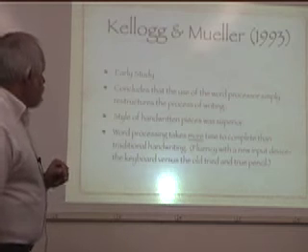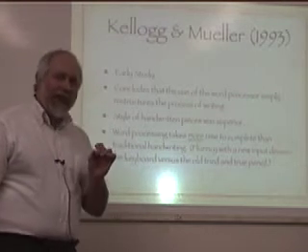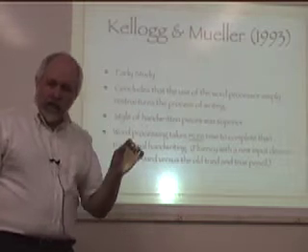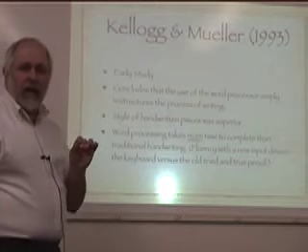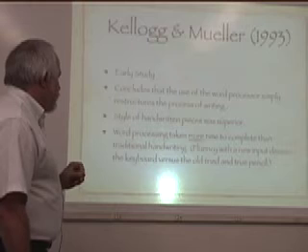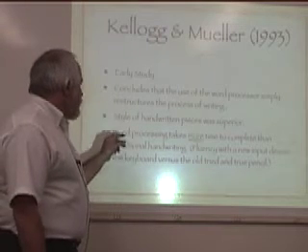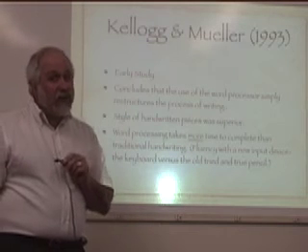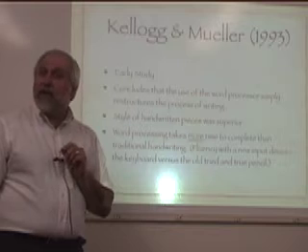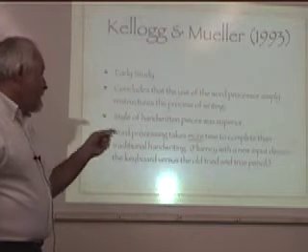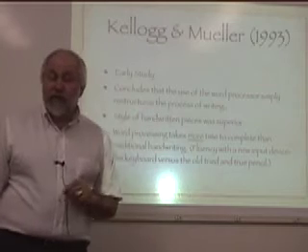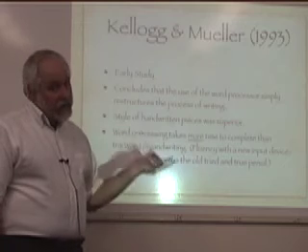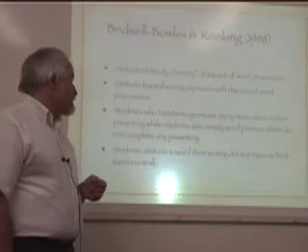In Kellogg and Mueller's study, we found that the style of handwritten pieces, style being that part of the writing that was indicative of word choice and voice, was actually superior using handwritten pieces. However, they did find something quite interesting. Word processing in this early study actually required more time to finish than the traditional pen and paper method. Fluency was part of the problem because they were using a new input device. Most of the people in the early study weren't effective keyboarders, unlike the 7th grade students that I teach today.